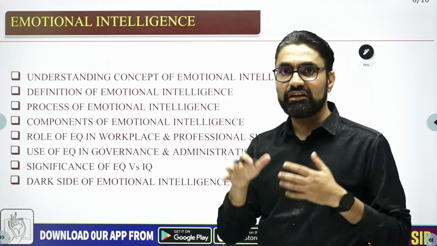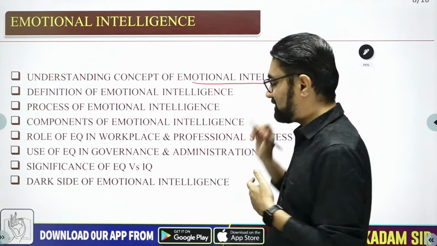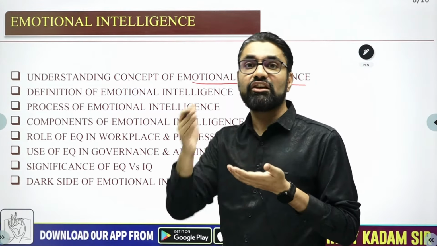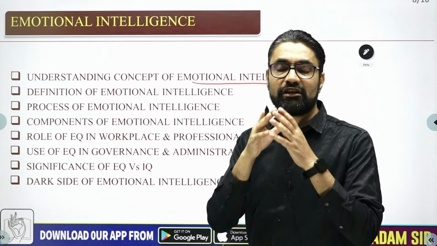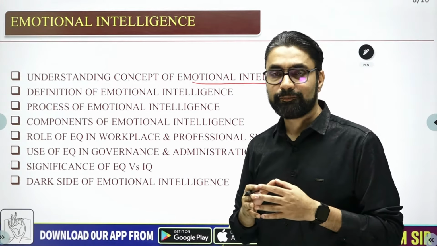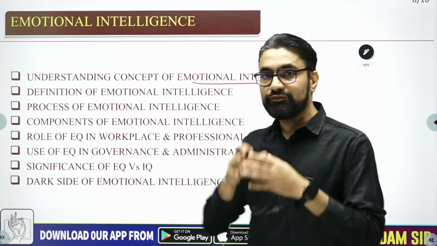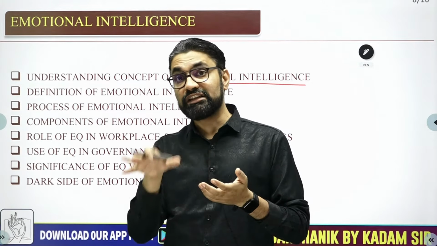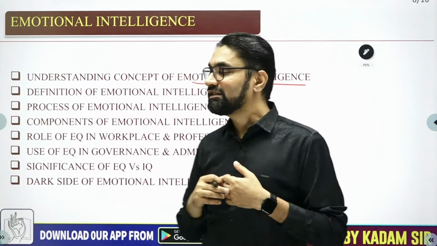To study emotional intelligence conceptually, we will first try to understand the concept of emotional intelligence, what emotional intelligence is all about, and what its relation is with other related concepts like social intelligence, analytical intelligence or IQ, or practical intelligence or practical street smartness. So there are different types of intelligences, and how emotional intelligence fits into those, or its comparison, or how it is different from analytical intelligence, IQ, and how it is different from practical intelligence or street smartness.